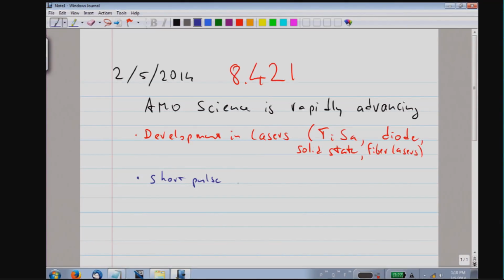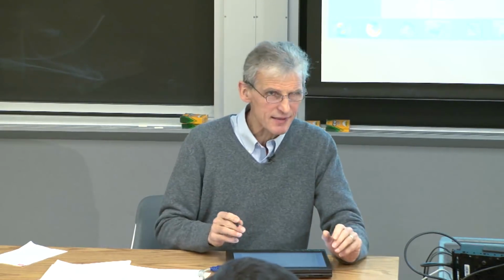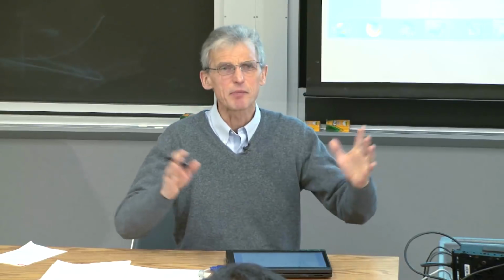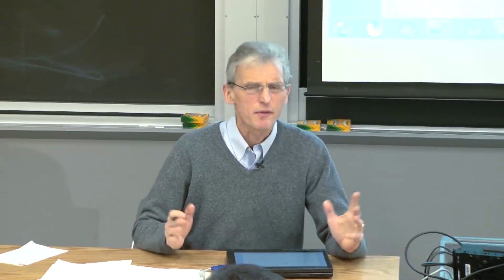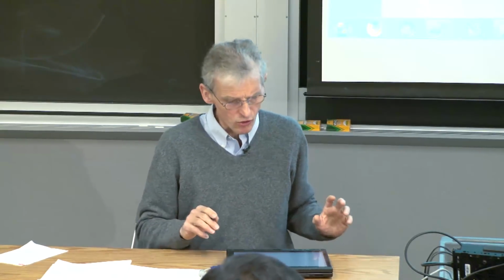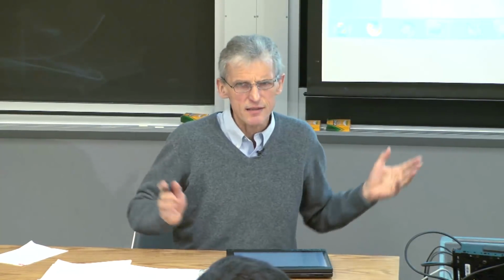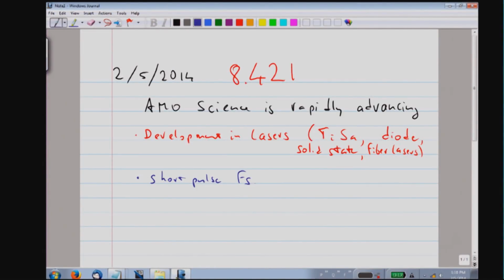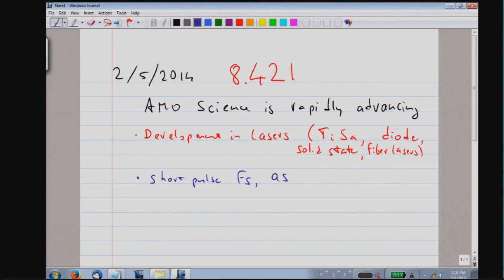We have seen major advances in shaping short pulses. I remember when I was a student how femtosecond lasers were the latest. Well, they required a big laboratory, and femtosecond pulses could only be produced in a few laboratories in the world. With the discovery of the Ti-Sapphire laser and Kerr-lens mode locking, this has now become standard and is even commercially available. But researchers have pushed on, and attosecond pulses are now the frontier of the field.